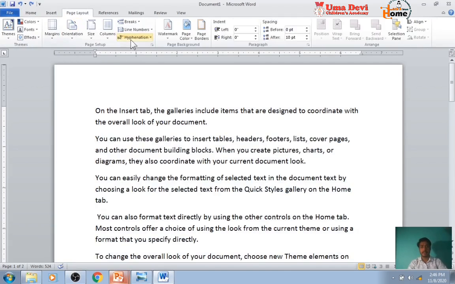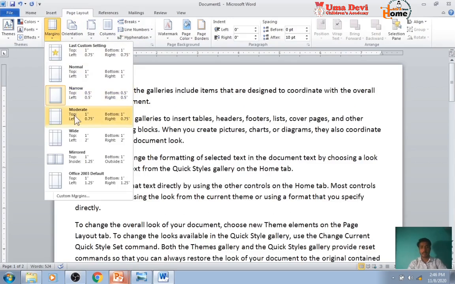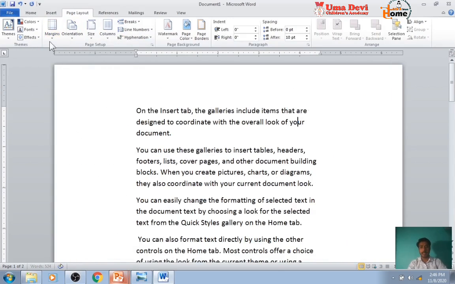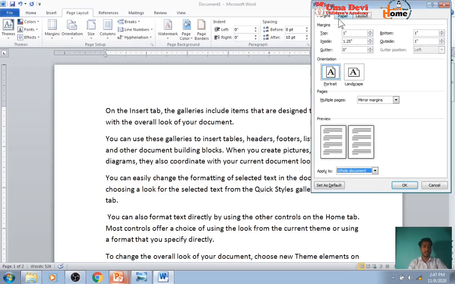Then in the page setup group, we will click on margin drop down list. Now we can set the margins whichever we need. Okay, look at here. Now one more thing is there, we can customize the margins ourselves also. Look at here, in the margins, the page setup dialog box has been opened,